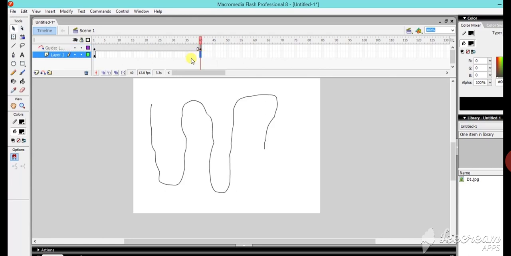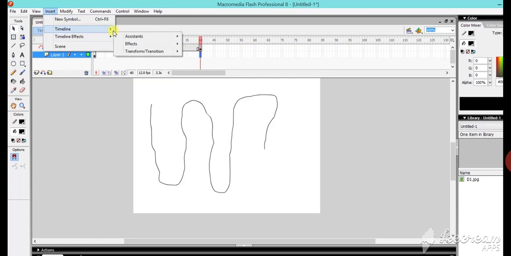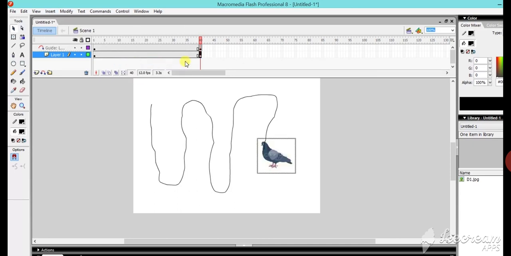Then again select frame number 40 in layer 1. Then again insert a keyframe there. This is the starting point and this one is the ending point. So in frame number 40 set the ending point, in frame number 1 set the starting point.